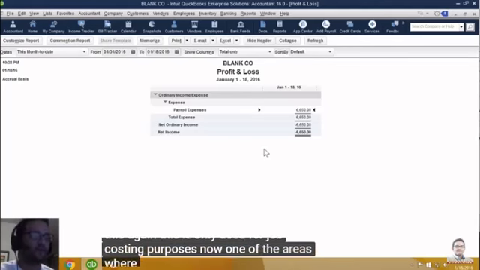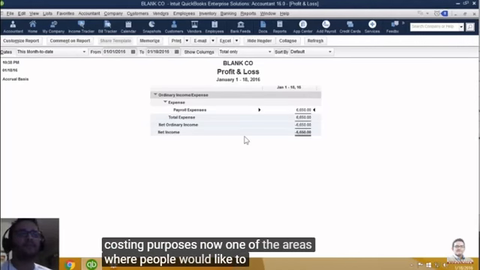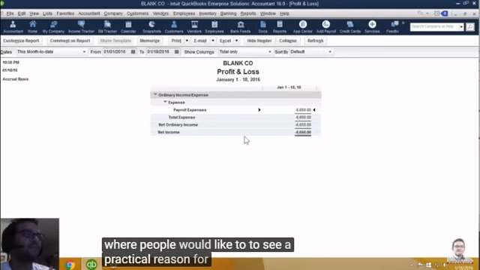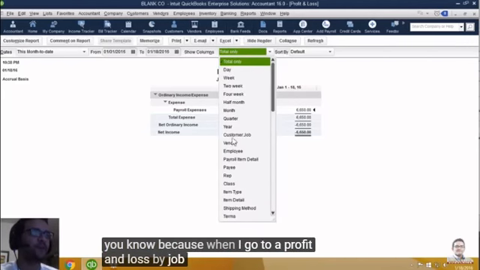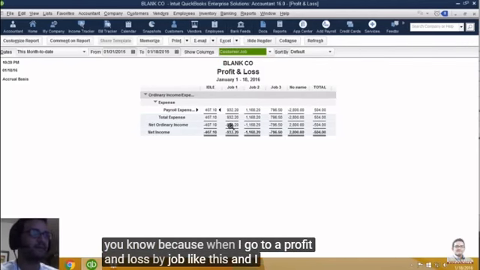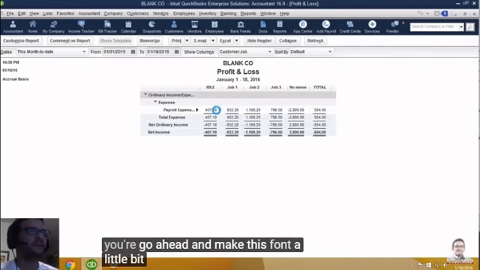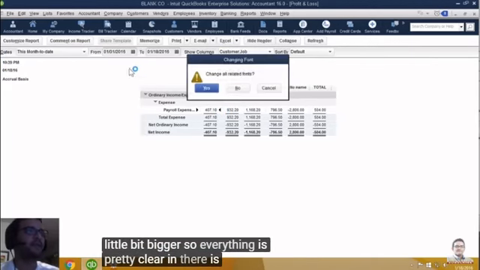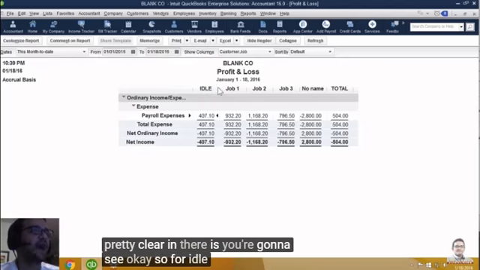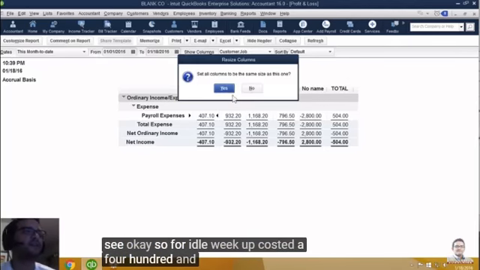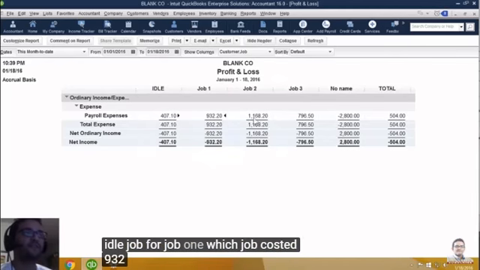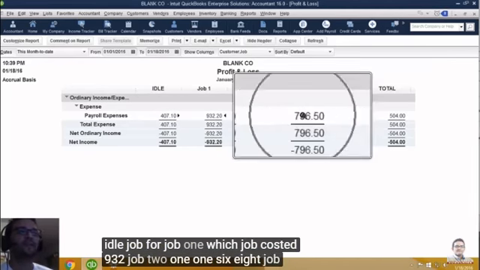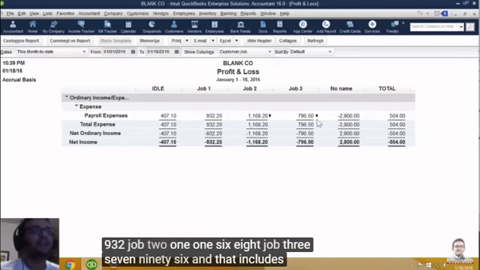Now, one of the areas where people would like to see a practical reason for doing this is, well, because when I go do a profit and loss by job, like this, and I'm going to go ahead and make this font a little bit bigger so everything is pretty clear in there, you're going to see, okay, so for idle, we job costed $407 into the idle job. For job one, we job costed 932, job two 1168, job three 796, and that includes, if I double click